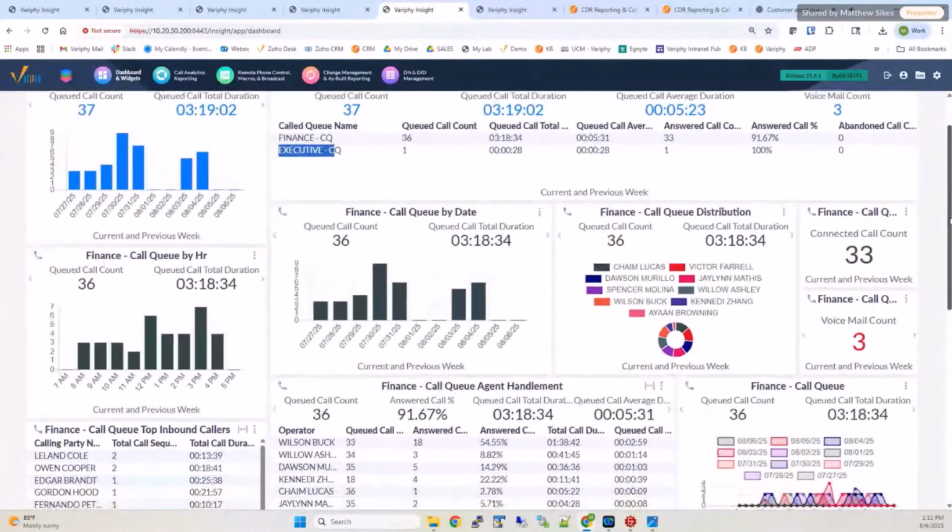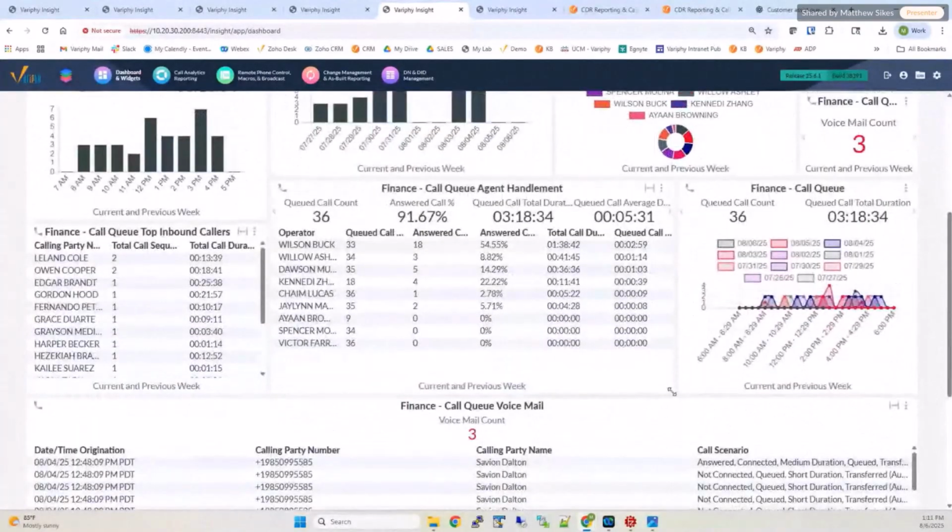Now, again, we can definitely look at these 36 calls for finance, even at the dashboard level. We can break them down, again, into a distribution where we can see what users are actually answering these calls, who are our peak performers. We can certainly hover over the segments in this little donut chart here and see that Chame is my peak performer, but as well as we can certainly see the breakdowns maybe in a